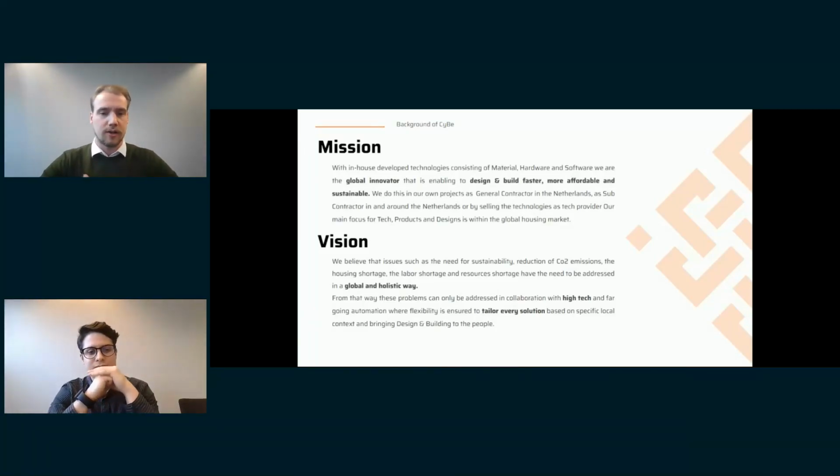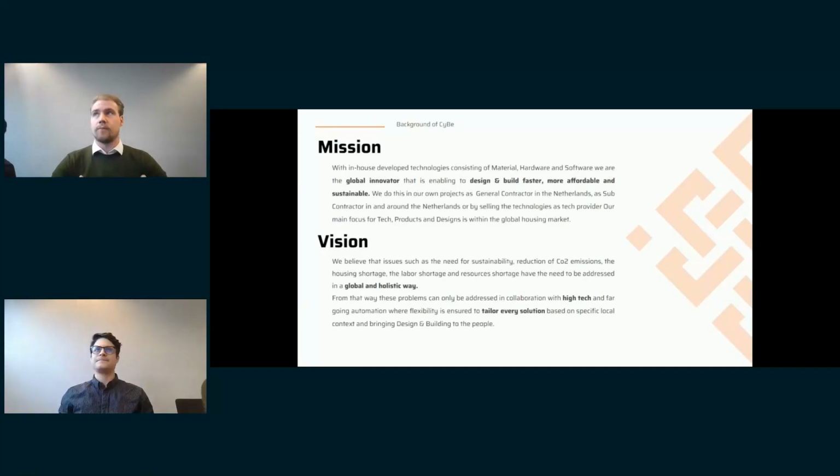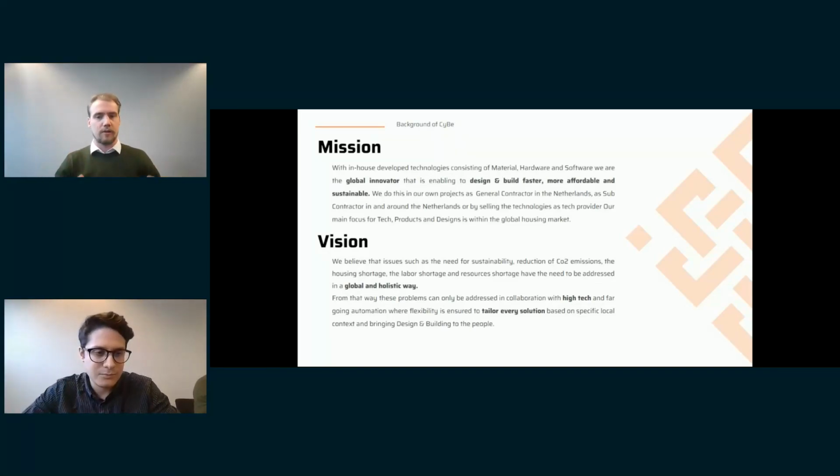We do this by developing software, hardware, and of course the material in-house, which we do with our partners, but we're very active in this development as well. The vision is that the only way we can tackle the different problems visible in the construction industry worldwide is globally and holistically, looking at all the different aspects of the problems and getting a holistic solution.